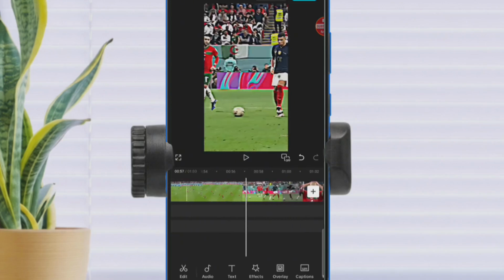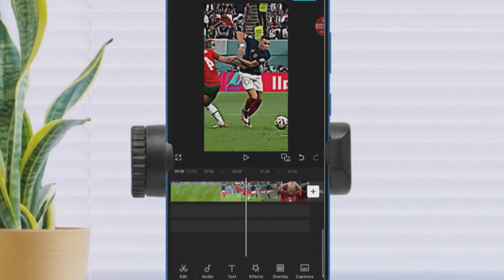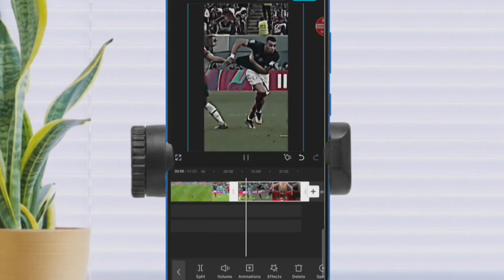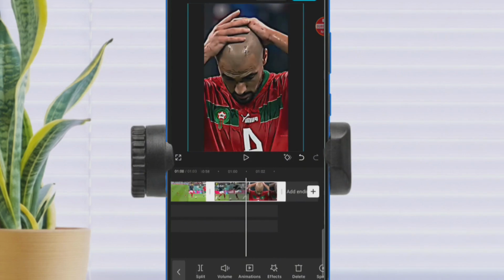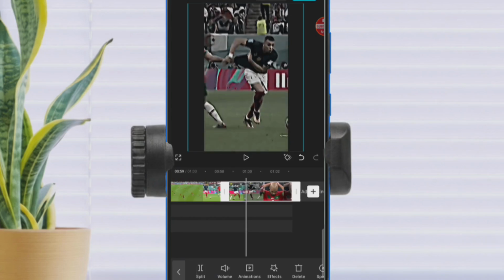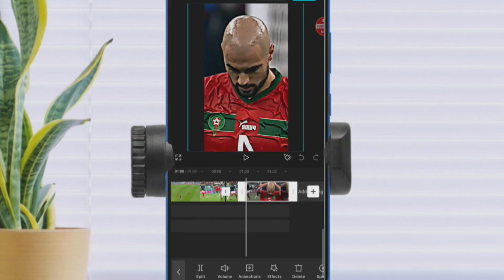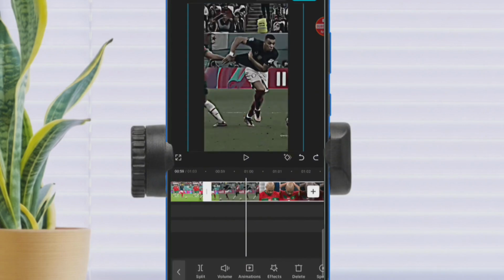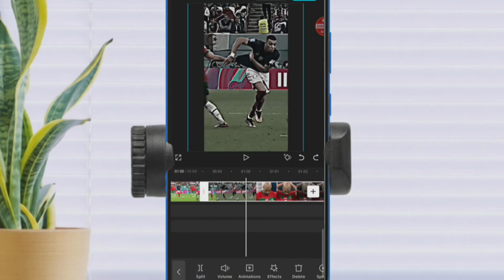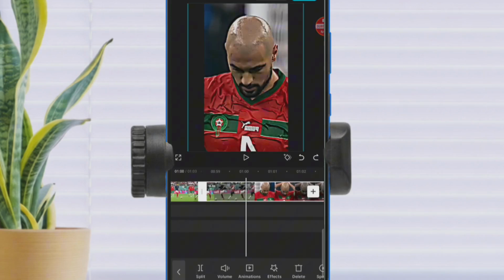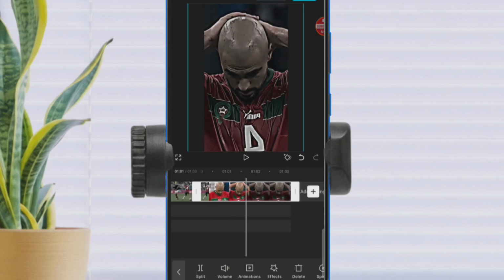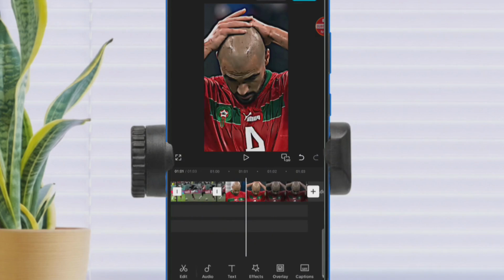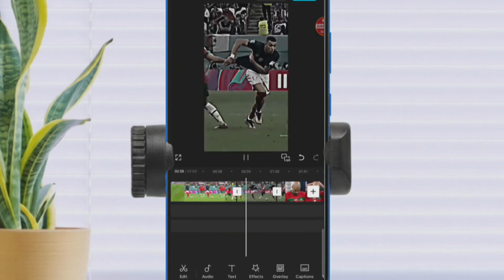Hey, what if we want to change all of this? I want to change this, and I want to change this too. So I'm going to move the cursor to that point where they switch the scene. All right. So to add any effects now,